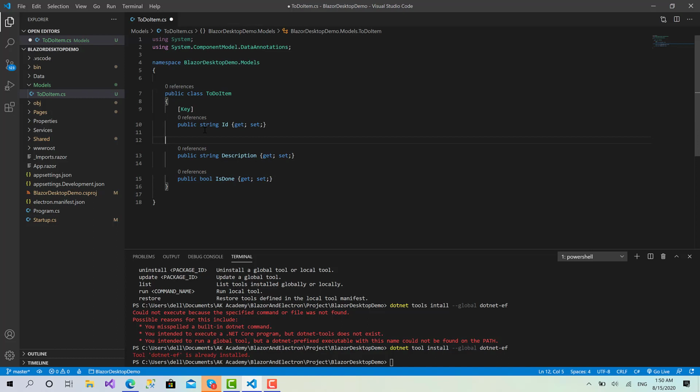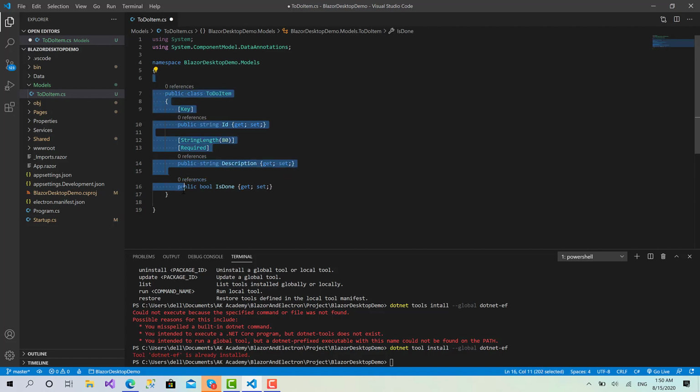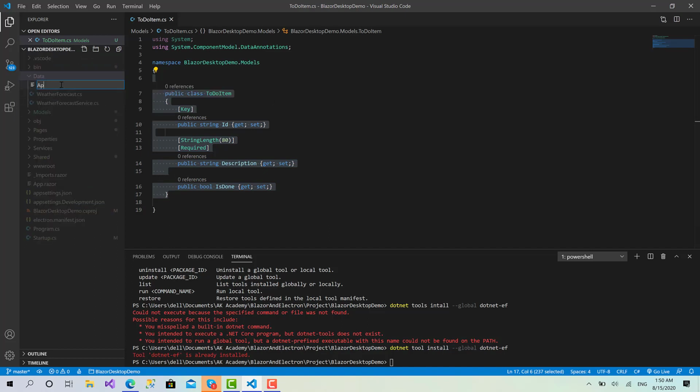Because it's just a little demo here, let's add StringLength 80 and Required. Yeah, just exactly like creating any other SQL database. So this is our fantastic model. It's ready. Right now we can move to the data folder and let's create the application